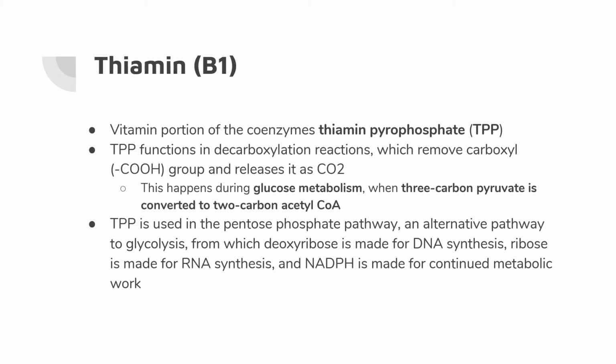Thiamine pyrophosphate also plays a role in the pentose phosphate pathway. This is an alternative pathway for glycolysis. Again, not something that you need to be overly familiar with for this class, but the pentose phosphate pathway is utilized for things like making deoxyribose from glucose, and we use deoxyribose in DNA synthesis. We can also make ribose from glucose, which is used to make RNA, and then this pathway also helps us